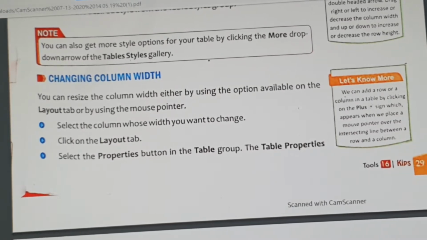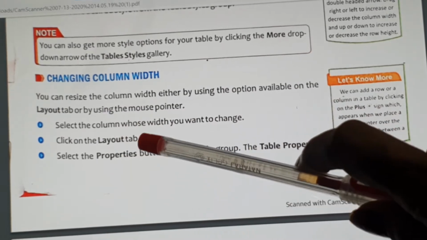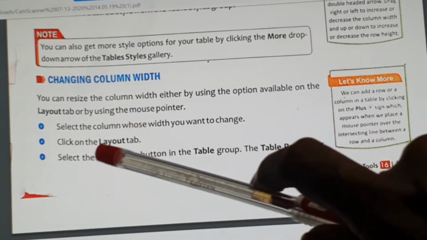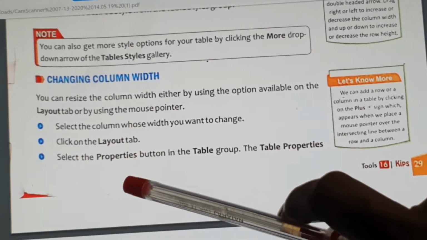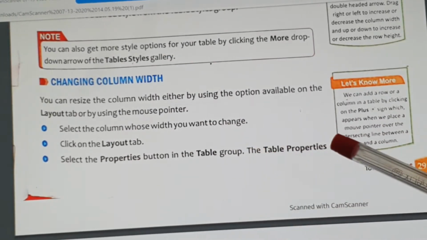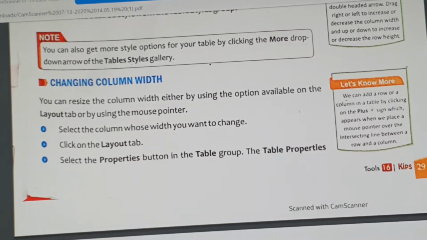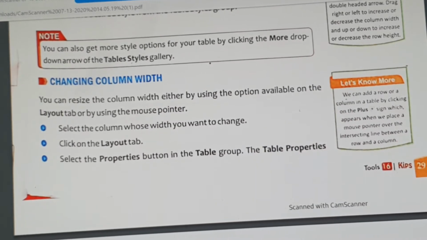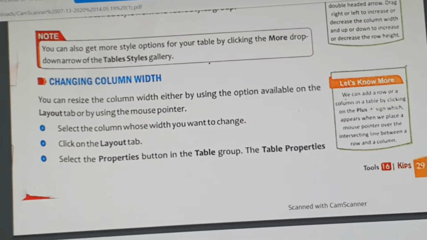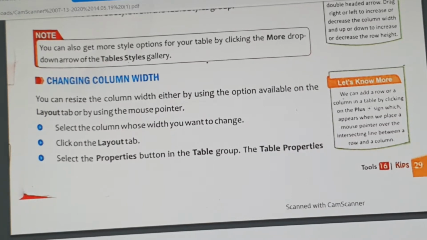By using tool, what we need to do, first click on Layout tab. After clicking on Layout tab we will see a tab, Properties. After that in Properties we have to set table properties. In Table Properties we can set rows as well as column properties. We will see how we can change the row property or column property to change the width of a row or column. Okay.